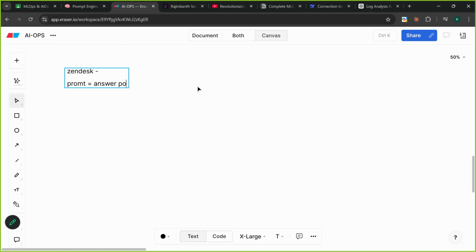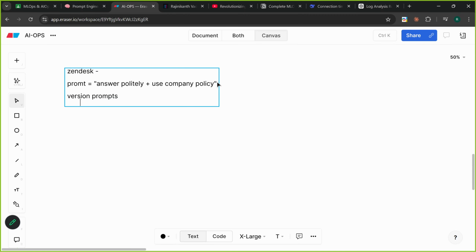Okay, politely, plus use company policy. If I say this policy, if I say this, what happens? We have versioned prompts, right? So in these versioned prompts,